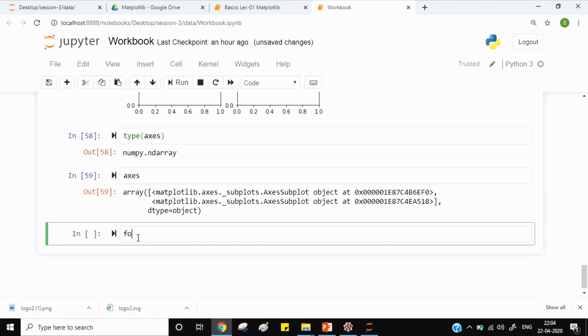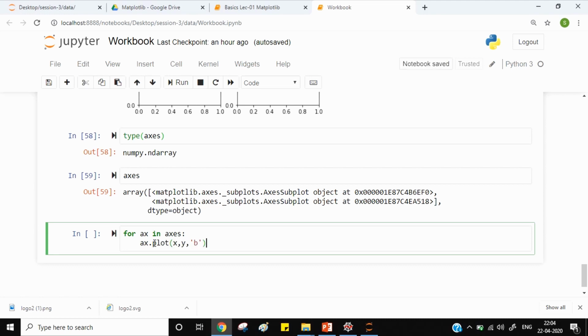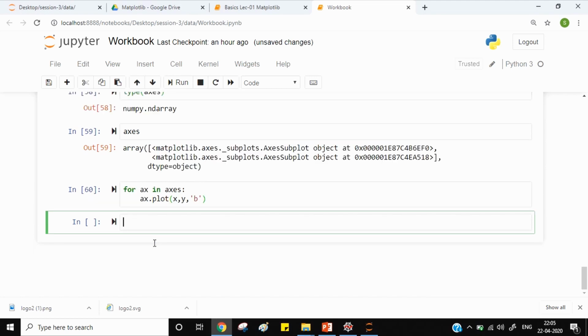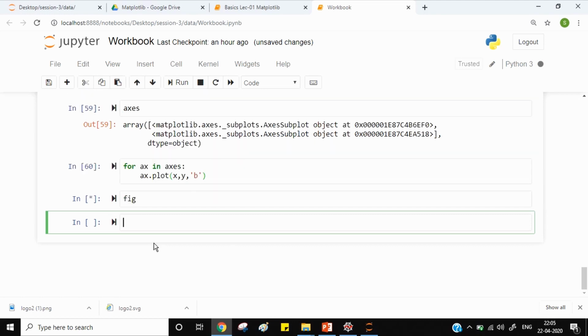For iterating I will use an iterator, say ax in axis, and what I want to do is plot, so I will use ax here because now this is my object. ax.plot(x, y), say I give color blue, and I will display the figure.